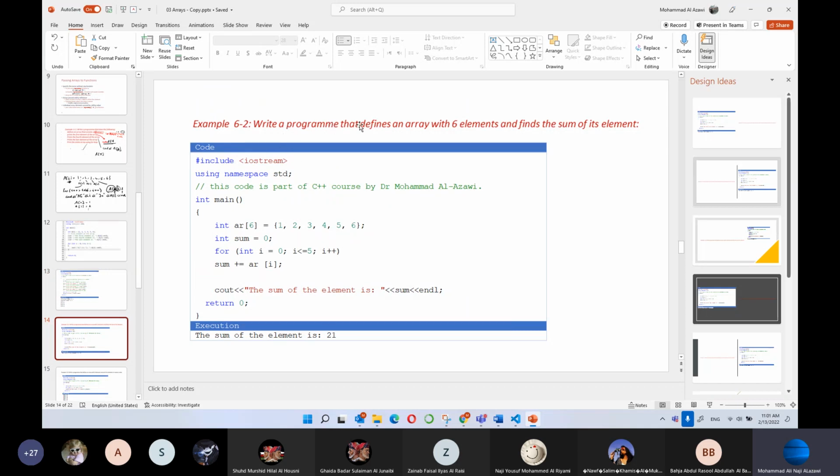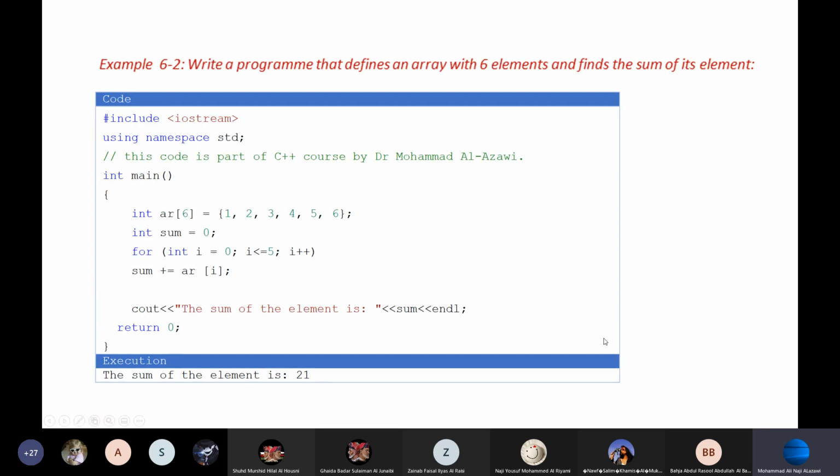Example: write a program that defines an array with 6 elements and find the sum of the elements. Also, we solved this one. If you remember, when we discussed this, we said first I'll define this. I'll call it ar equal. Now, inside, of course, if you remember, I told you with every for, you have to start and close the brackets. But here I have only one instruction, so I can remove these braces. All right. So in this case, I'll create